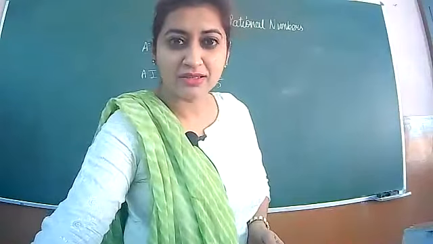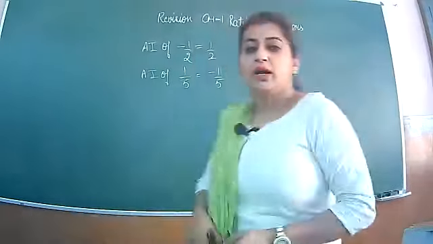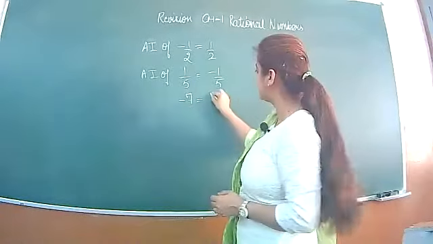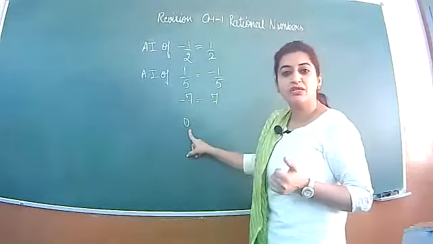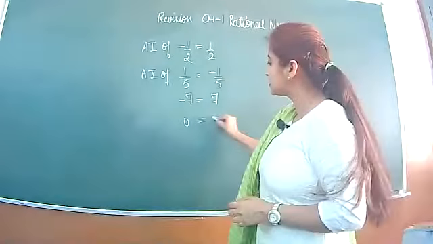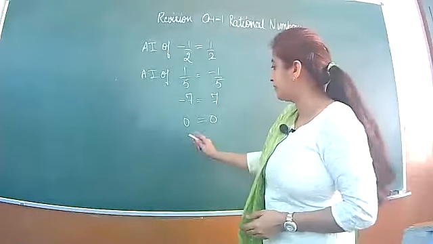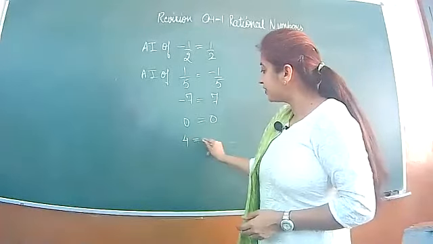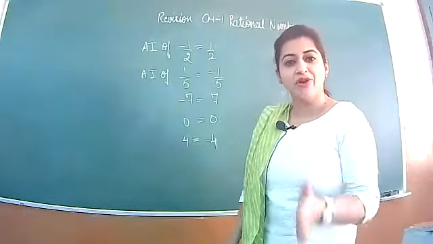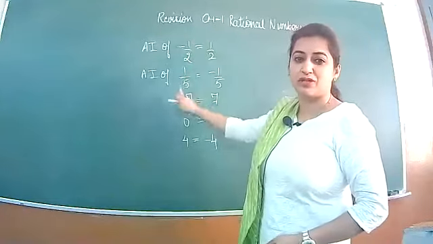Had we discussed? No? Okay. Now, if I write minus 7, then the additive inverse of minus 7 is 7. Additive inverse of 0: 0 is neither positive nor negative, so it will be the same as its additive inverse. The additive inverse of 4 is minus 4. Additive inverse means reverse of addition, the reverse of the sign given: if negative then positive, if positive then negative.